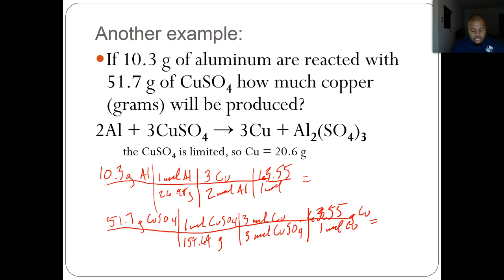10.3 divided by 26.98 times 3 divided by 2 times 63.55 gives me 36.39 grams of copper. And the bottom example, 51.7 divided by